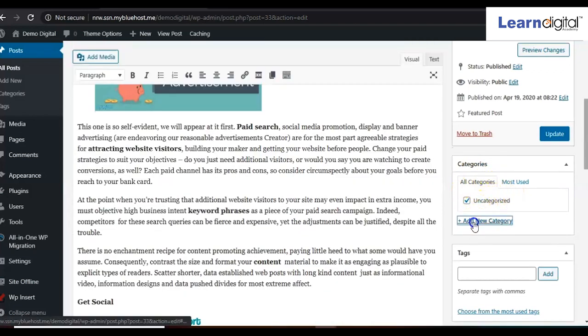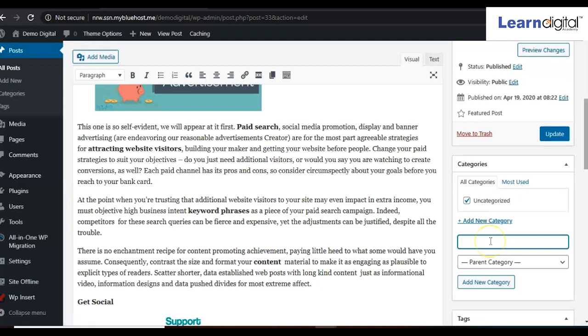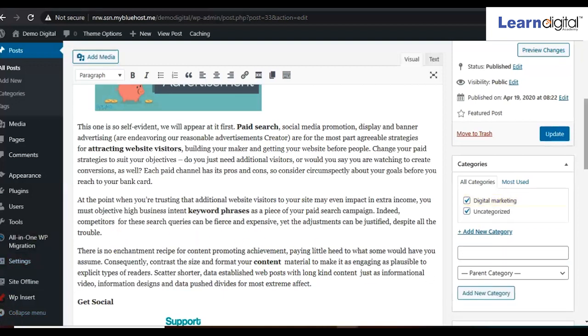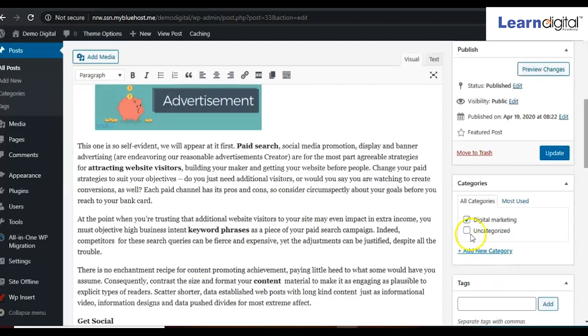Simply click on add new category, or just type digital marketing and click on add new category. So that category will be added. Here we can see that the category is added, right?